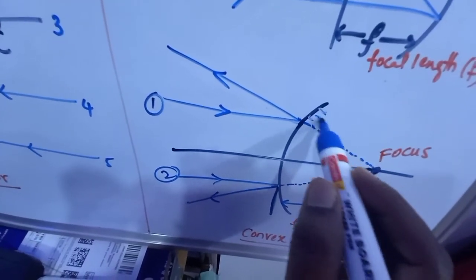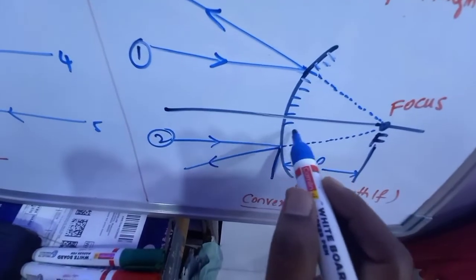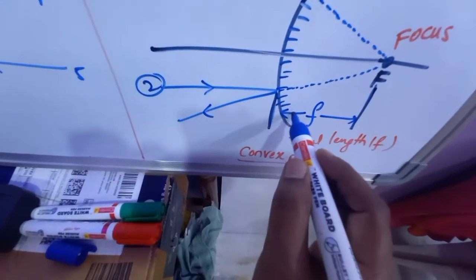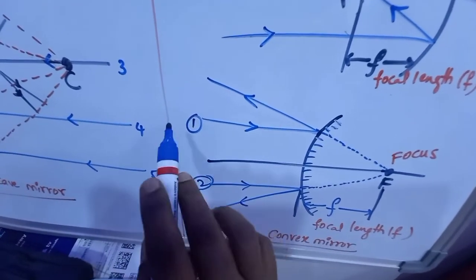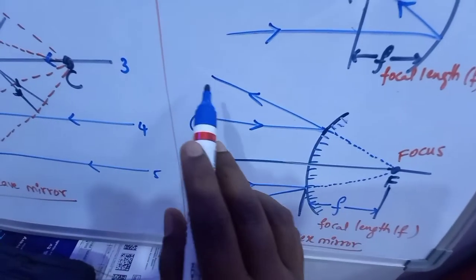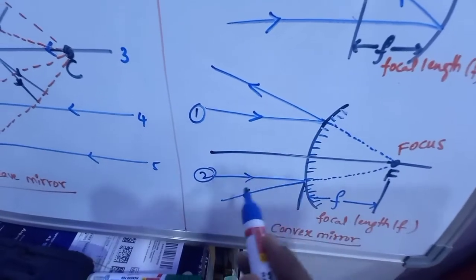This is the front side of the mirror and this is the back side of the mirror. So here I represent it with some lines, the painted surface. This is the painted surface, children. This is the back side of the mirror. This is the front side, the reflecting surface of the mirror. The light rays incident on this surface will be reflecting, and all the reflected rays appear to diverge.